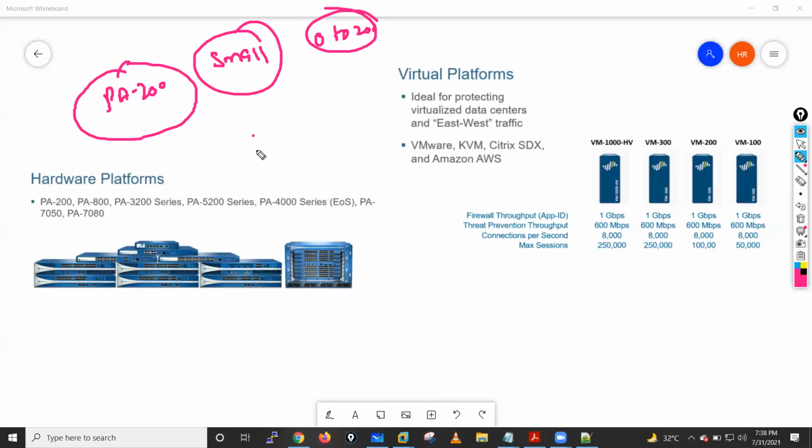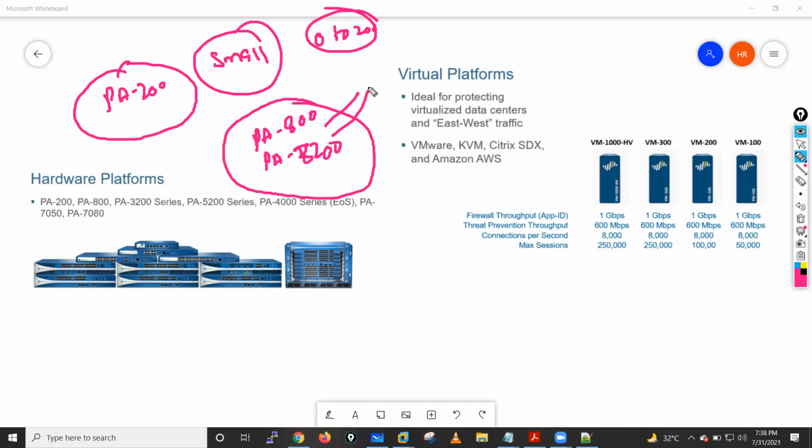After that we have the PA 800 series, then the PA 3200 series. These particular devices we will use with medium-size organizations or enterprise-level customers, guys. And after that, Palo Alto also has the PA 5200 series and